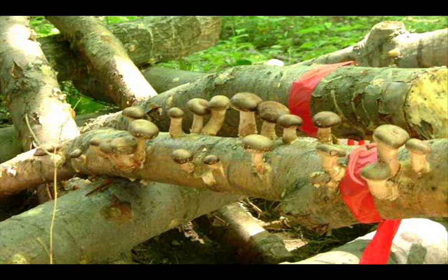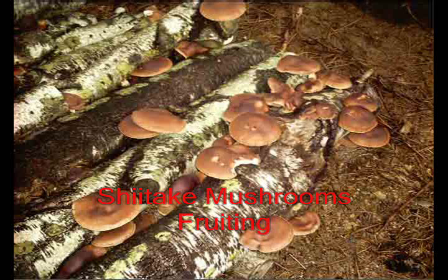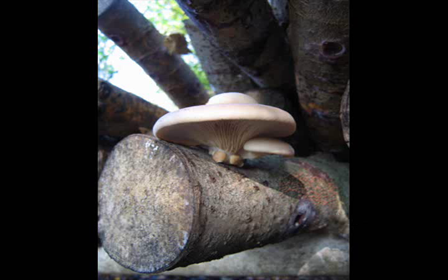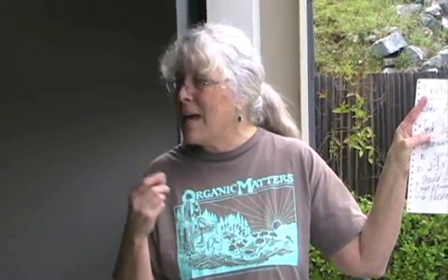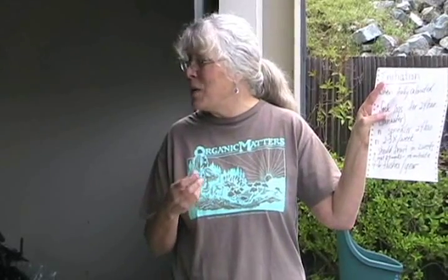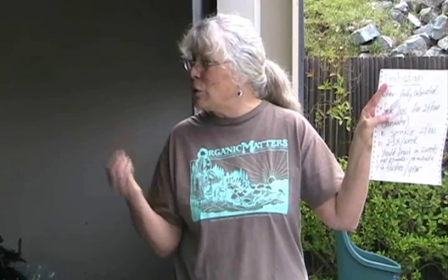So you might be looking at your pictures on your phone. Yeah, but I would suggest you start looking at pictures of that species, and so you'll be convinced. And if you're not convinced, then you do need to bring in an expert or take some of that first fruiting to the Mycological Society meeting and have it identified by experts. But we are mostly sure there's going to be that species when we've inoculated it fully,